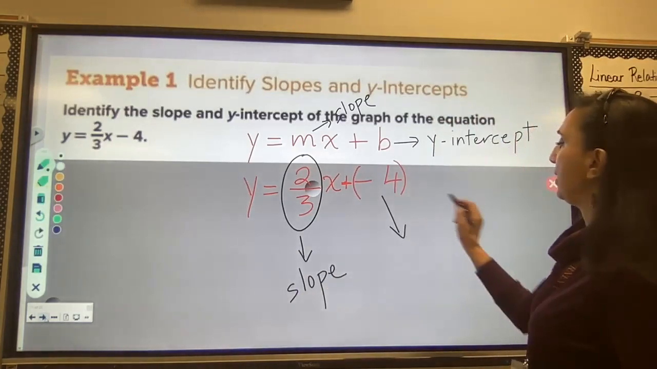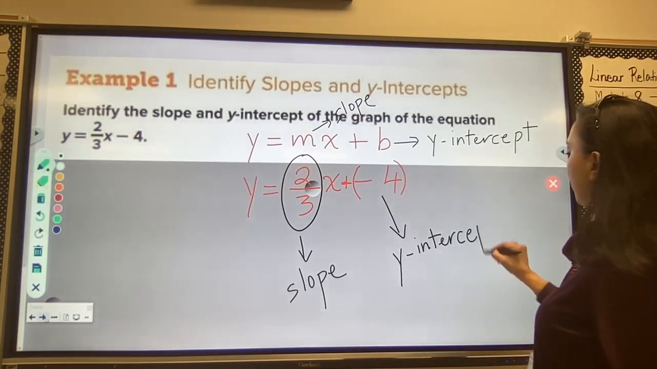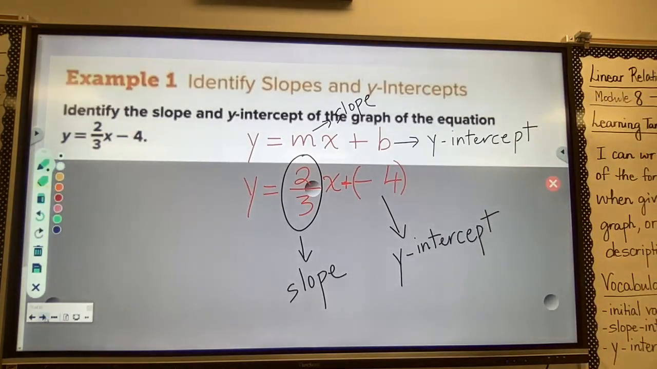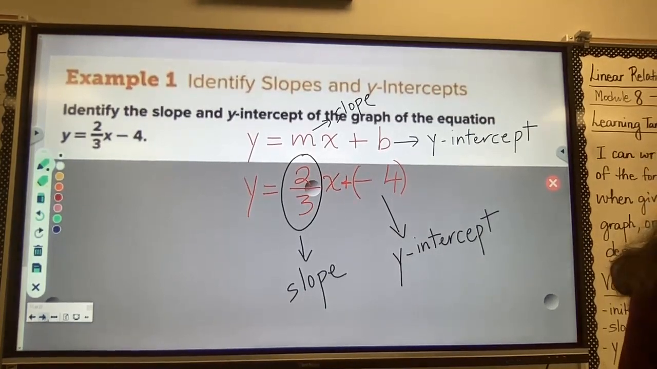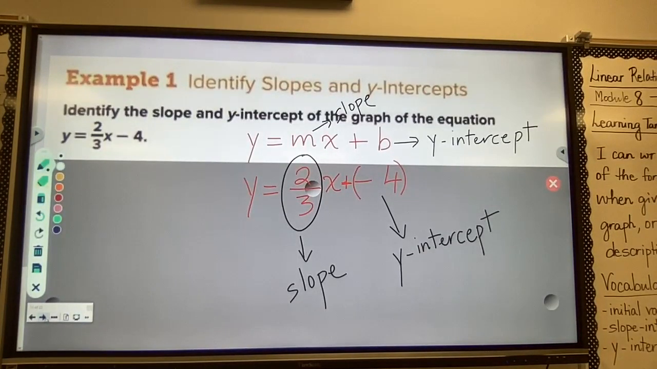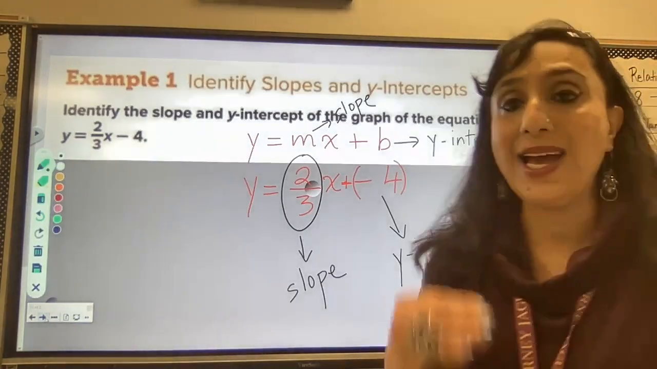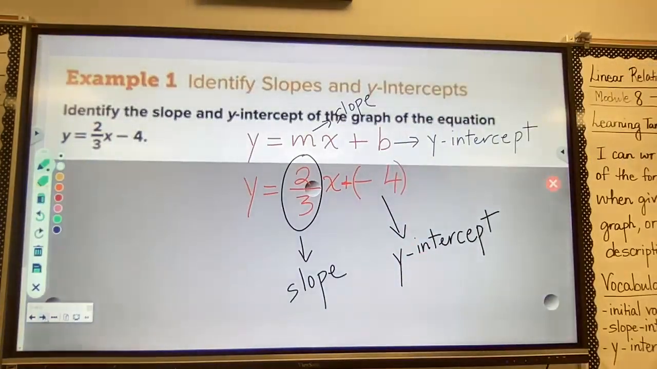And what is my y-intercept? This is going to be negative 4. So the slope of the graph is 2/3 and the y-intercept is negative 4. So why is the y-intercept negative 4 and not 4 in this case? An equation in slope-intercept form is written as y is equal to mx plus b. So the y-intercept is negative 4. That means that line is crossing the y-axis at negative 4. All right. Now,